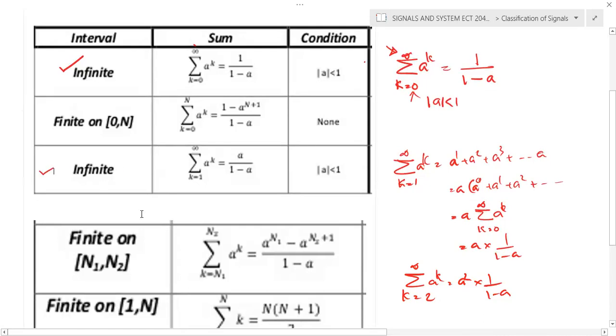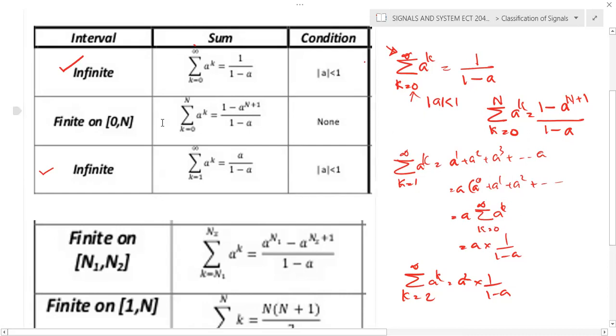And another point, if the limit is a finite quantity, that is k is from 0 to n, not infinity, a raised to k, then the equation is different. You write 1 minus a raised to n plus 1. This is also very important. When it is from 0 to n, you need to write a raised to n plus 1. If it is from 0 to n minus 1, it's simply a raised to n. Okay, so 1 minus a raised to n plus 1 by 1 minus a.